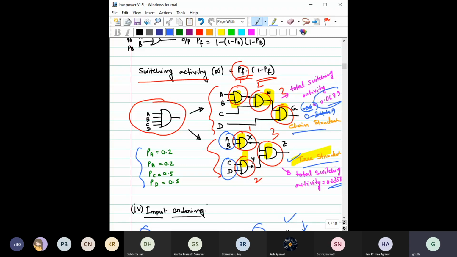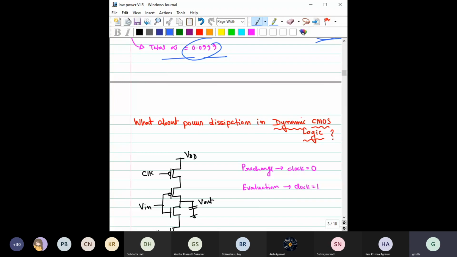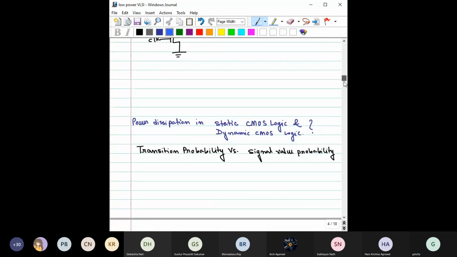So when you are considering low power design, it's not only the switching activity you should consider, you should consider if there is any possibility by which you can reduce VDD, if there is any possibility by which you reduce alpha, right? Almost all the things you should consider simultaneously, including the glitch,